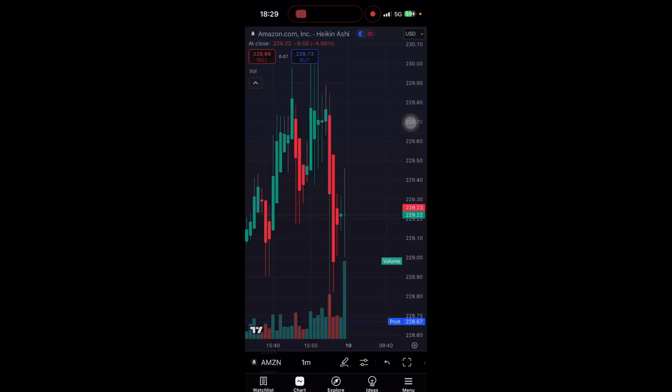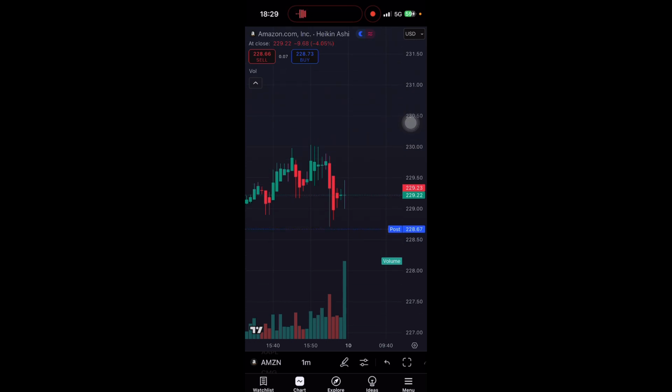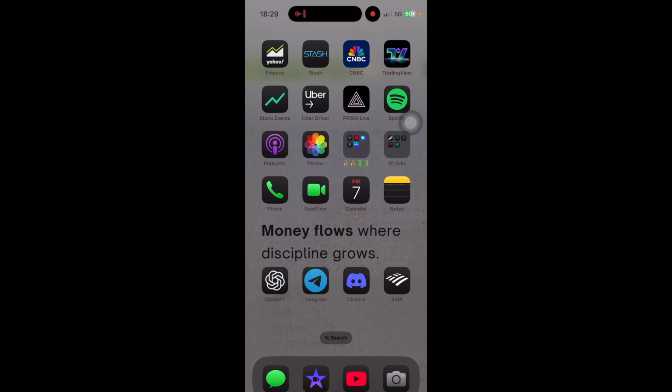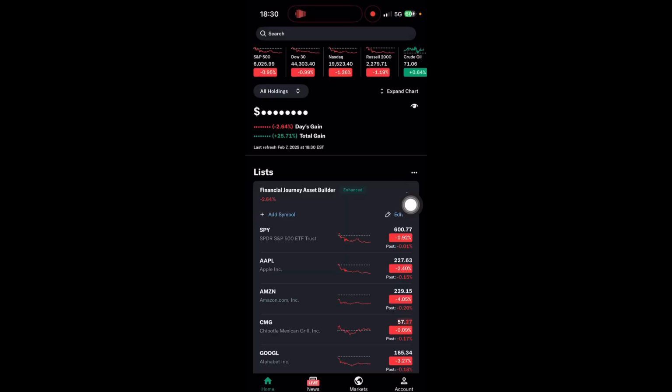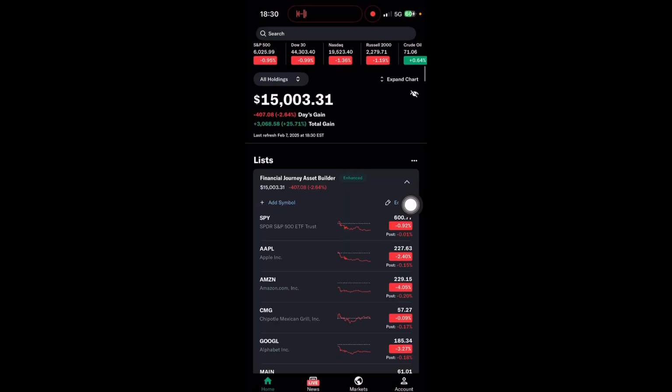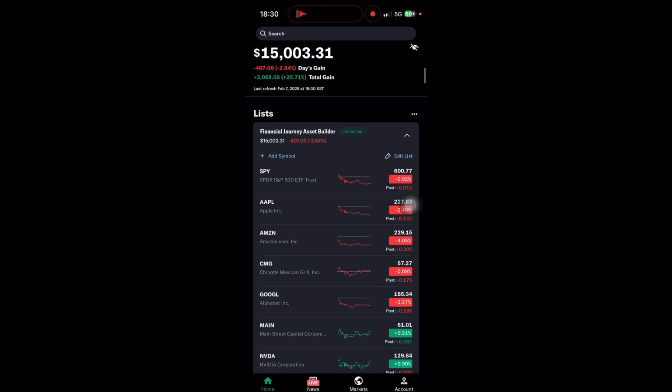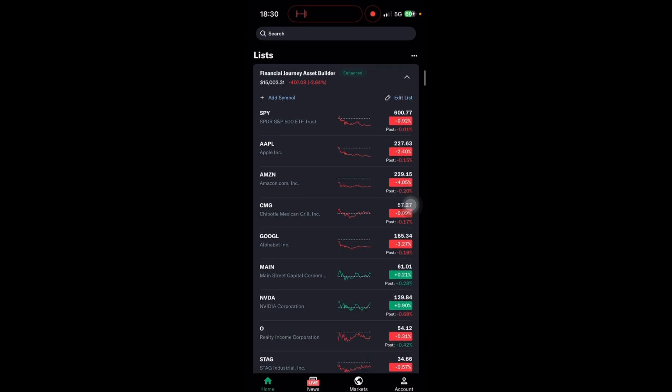You guys can see it right here. And for me, the way that I would view it is, hey, Apple is down 2.40%. I'm going to purchase more of Apple. We could go to a company like Amazon. Amazon is down $9.68, so you always want to pay attention to the price. The price is $229.22. You want to pay attention to how much the stock went up in a day or how much it went down. So the stock went down $9.68, and then you want to pay attention to how much percent the stock went down. So the stock went down